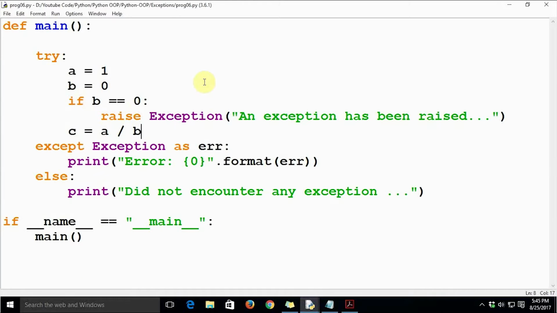So during the flow of program execution, if we want to raise the exceptions explicitly on our own, then we can use this syntax: raise Exception, "an exception has been raised." Whatever we raise has to be either Exception or a subclass or child class of the class Exception, and then we need to send an error message along with that, so that the error message can be printed on the console or logged. So this is how we can use the raise statement to raise an exception explicitly in our Python program.